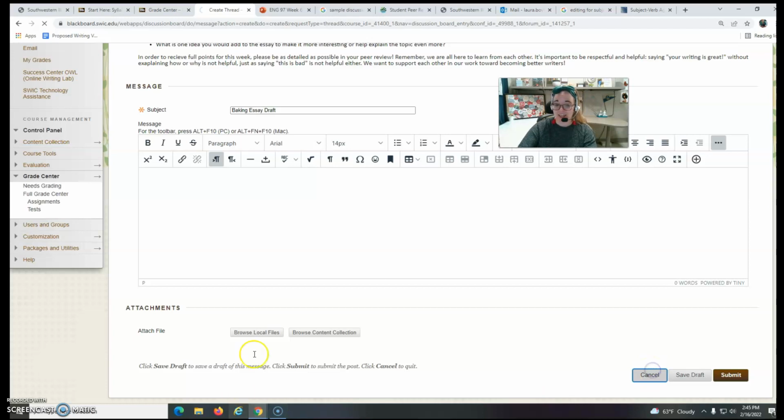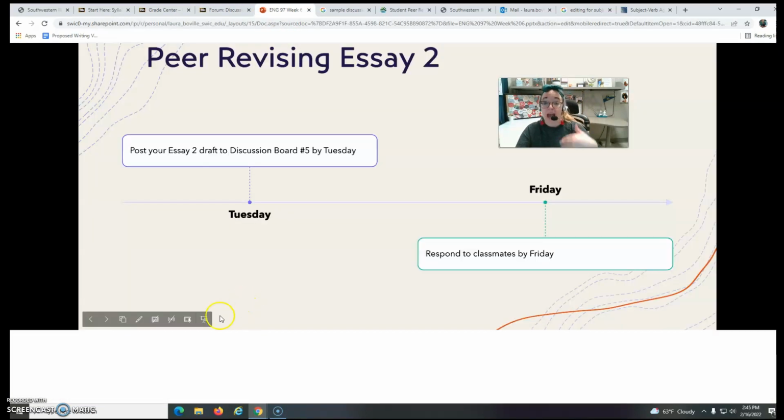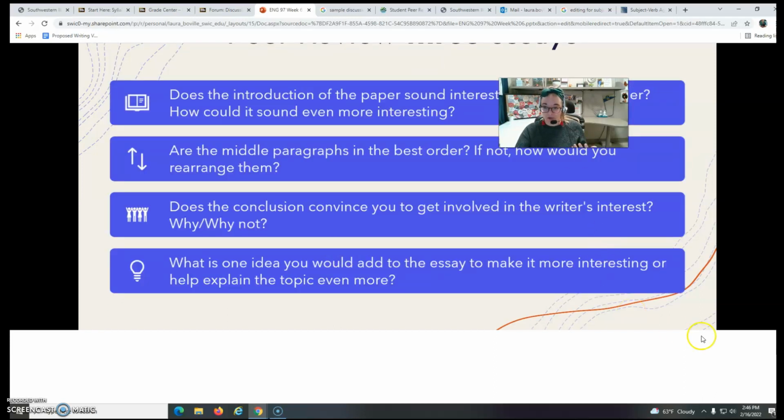Easy, right? And then by Friday, what you'll need to do is go back to the discussion board and respond to classmates' drafts, all right? So that will take you a little bit of time because you'll need to read 3 people's whole essays, okay? So if you're a slow reader, maybe give yourself a little bit of time to do this. So the questions you're going to answer,